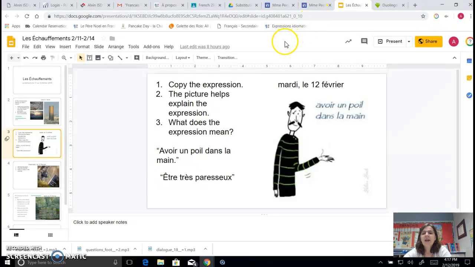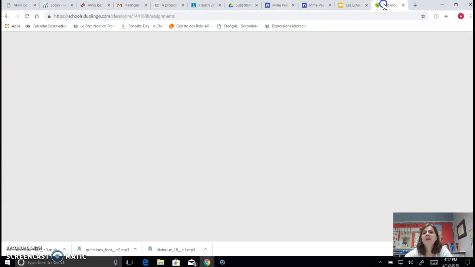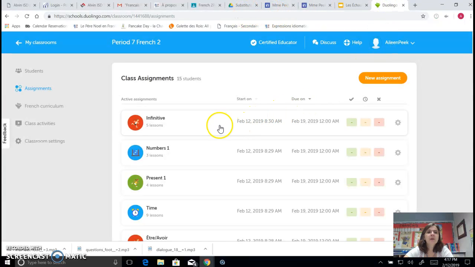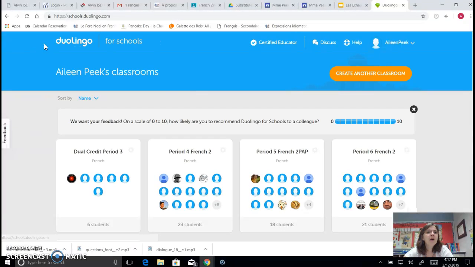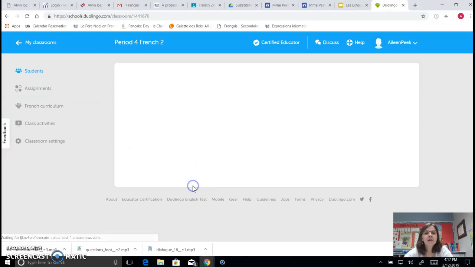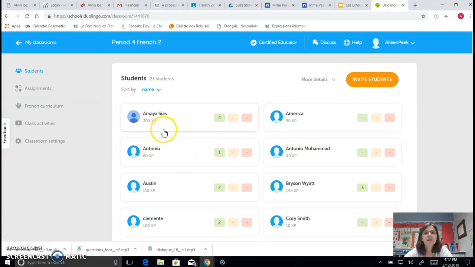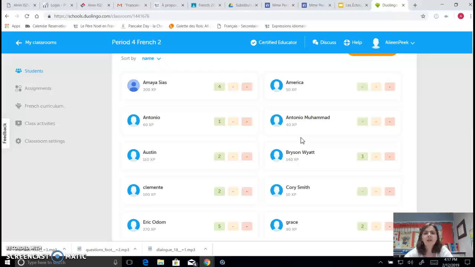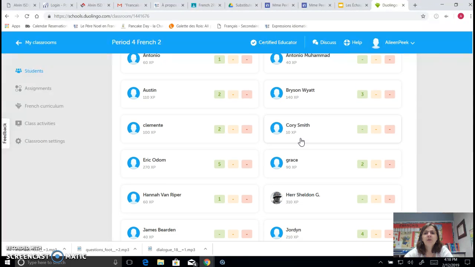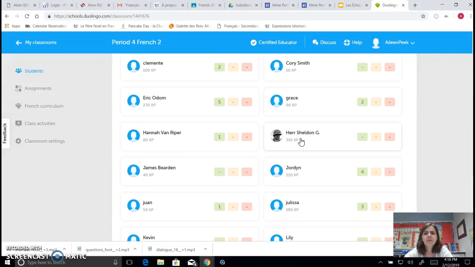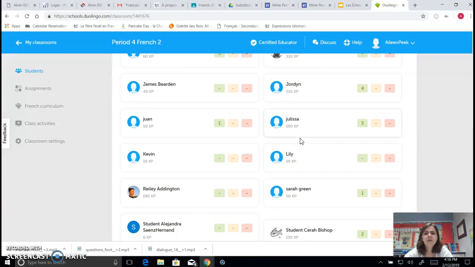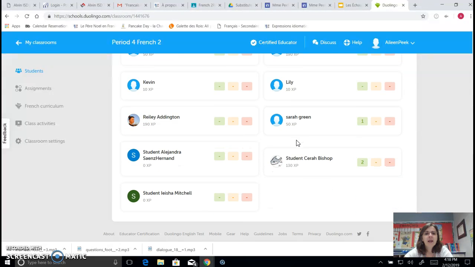Then once we did that, we made sure that everyone was into Duolingo. So I checked with everyone to make sure that they were in the correct class. If you are in fourth period and you were absent today, this is the list of all of the students who are in my fourth period class. If you do not see your name, then you need to make sure and